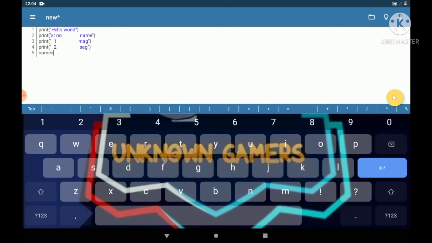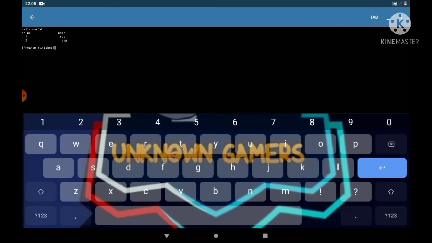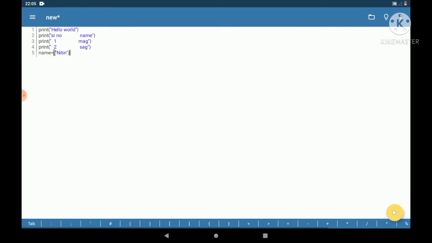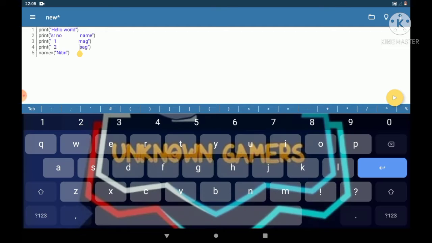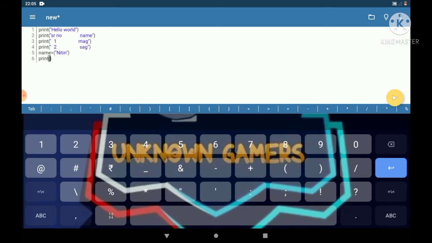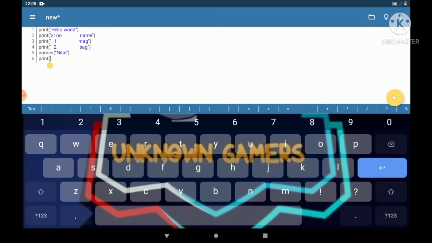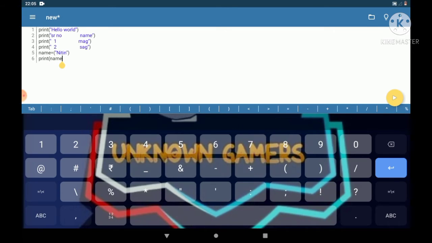So name is equal to Nitin. Nitin has not been printed because we have only assigned the value. Now, without giving double quotes, we can give the command print name. Now I will be printing name.